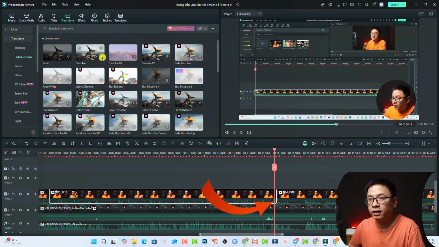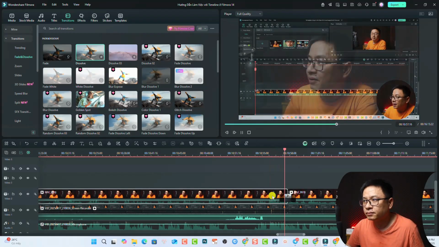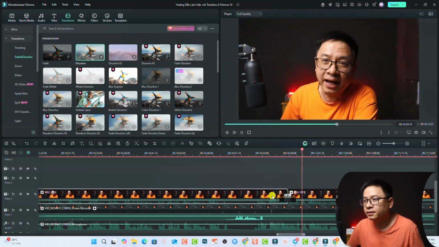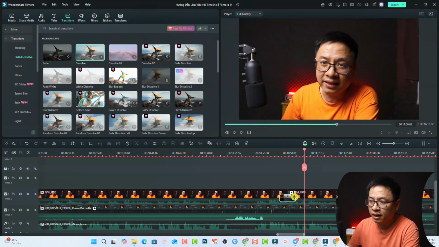Okay, so we can click here at the plus button, add, and now we have a dissolve transition from here to here. So let's play it. Nice, right? And next up, you can adjust the duration of the transition by just click here and then shorten it like this,